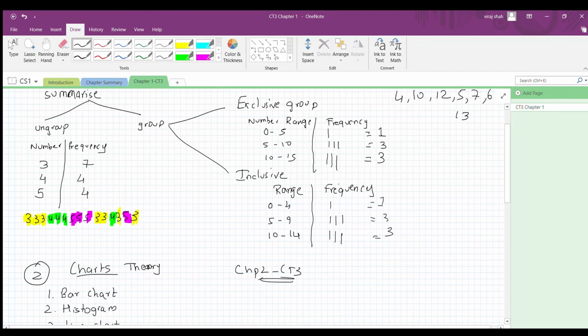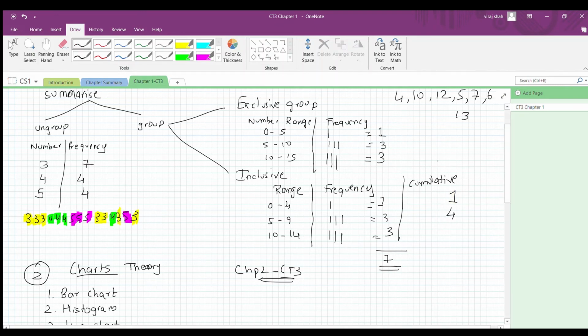Basically, we could even use a cumulative part here. So what is cumulative part? Cumulative is the frequency would give you a cumulative answer. So basically the sum, that is 7, would come in the last row. How? So basically for the first row it would be equal to 1. However, for the second row it is equal to this value, that is number 1 here. Let me just highlight it. 1 here and 3 here. So we will just add these two. It will give us our answer of 4.